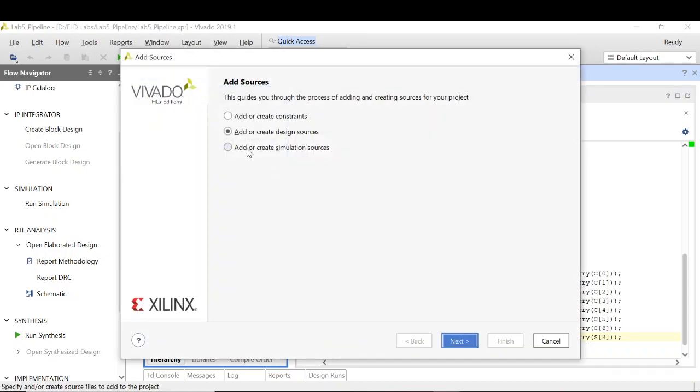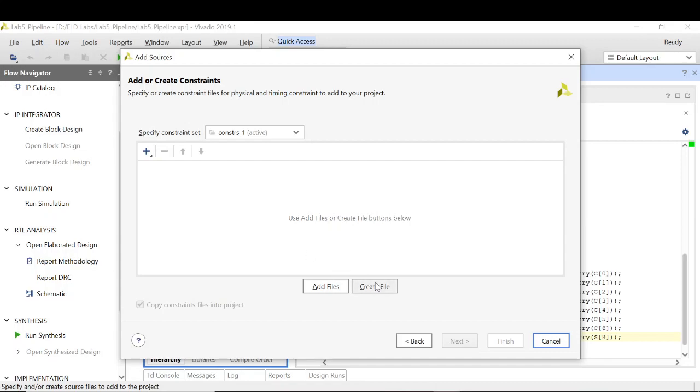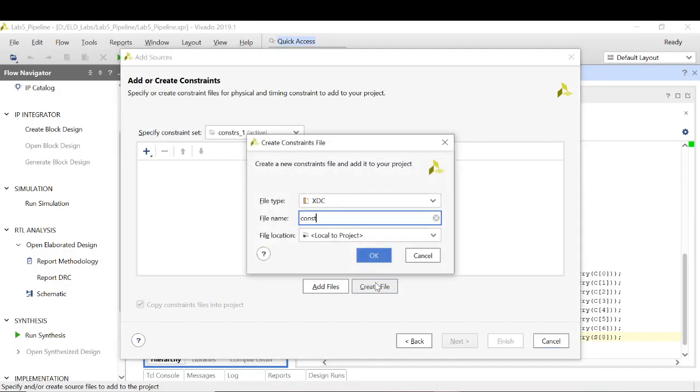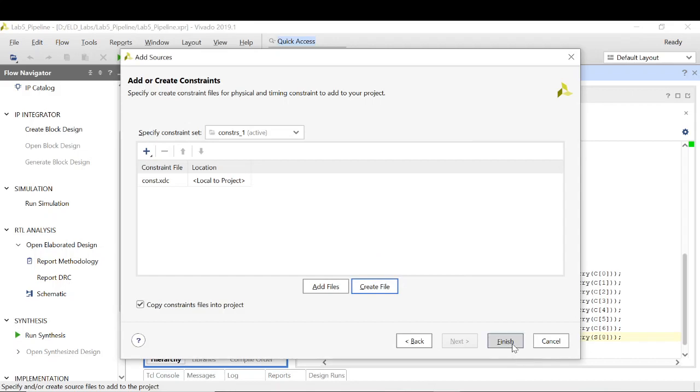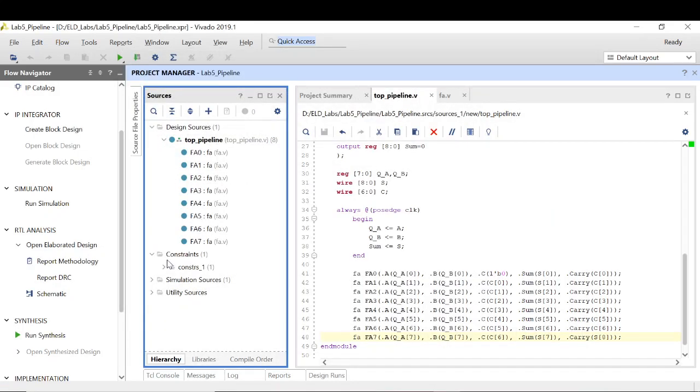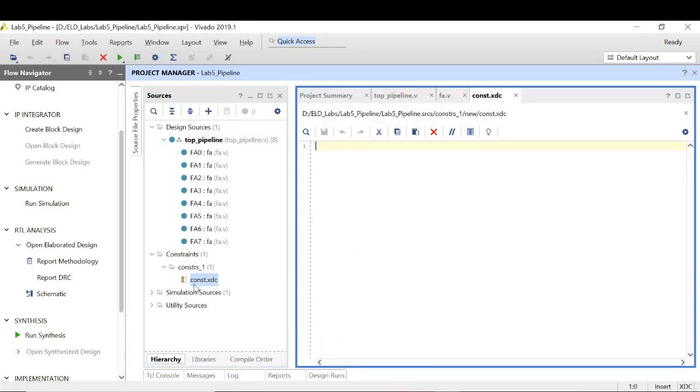My constraint file this time will only have the clock constraints, that's the clock period for the time being, right? Right, so I will write create_clock. Then I can define a period which I want. Let's say for timing I need 2.5 nanoseconds, right?